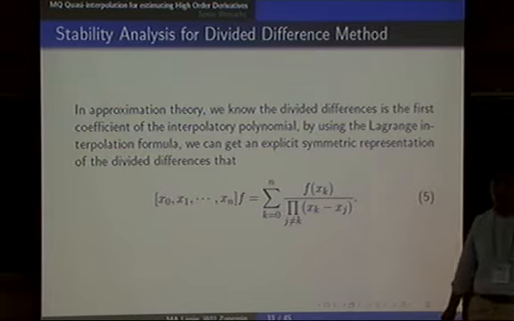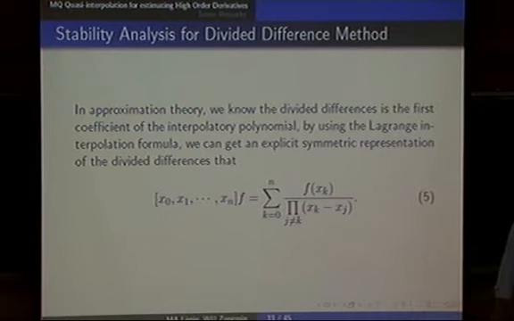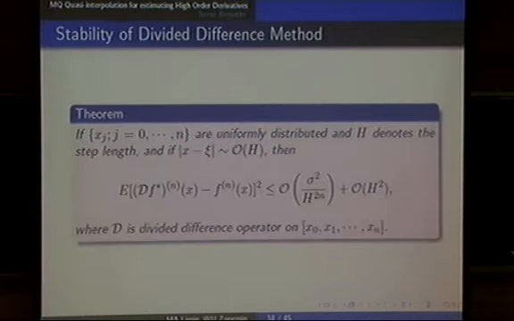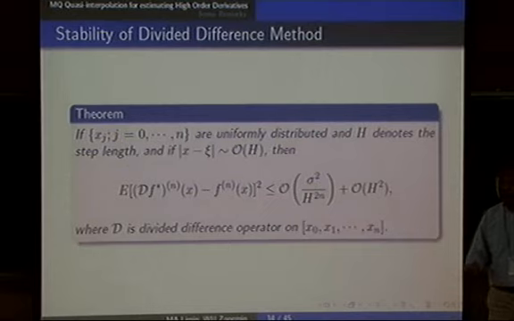We don't know much about derivative estimation. Perhaps people always use the divided difference. So when we take this random error into the divided difference, we get that it can be written in this form, and then if we use the divided difference, the error of the nth derivative